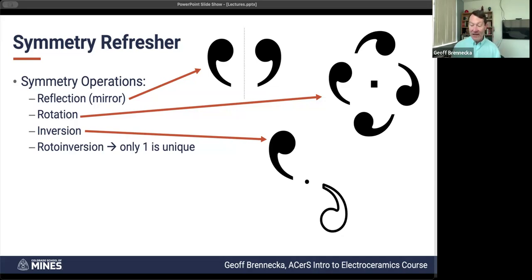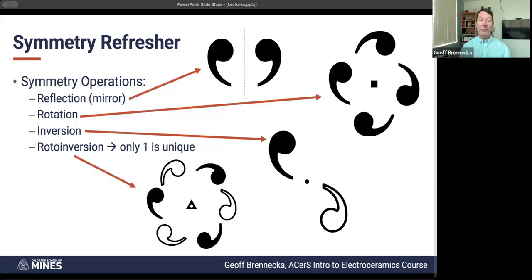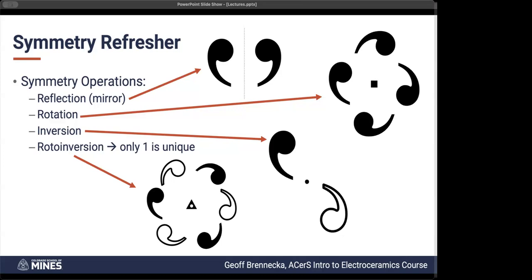All right. And so the last one, there's very rarely a time we ever really worry about this roto inversion, because there's only one of them that is unique. The rest of them you can build up with combinations of mirrors and rotations and inversions and things like that. But it is a symmetry operator that goes into the way that unit cells and crystallography are defined, so I just wanted to point it out here. A roto inversion is where you rotate and invert all in one step. So the example that's shown here is